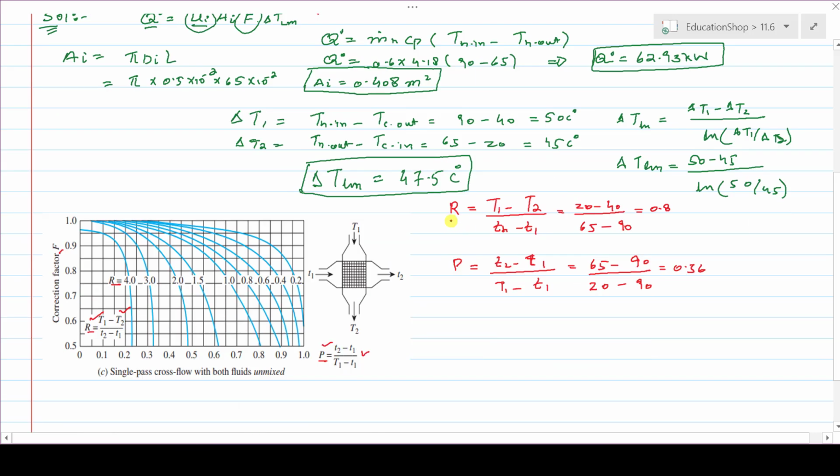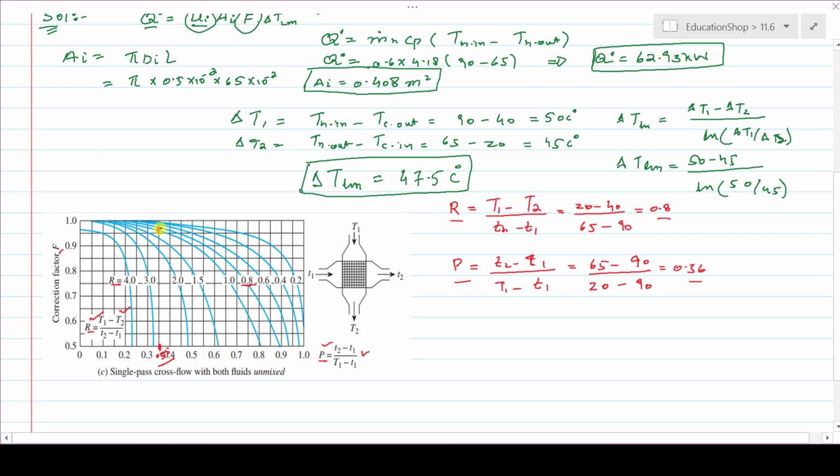With the help of this value of R and P, we can easily determine the correction factor from this graph. If you see here, the value of R is 0.8. The curved line which represents 0.8 is this one, and our P value is 0.36. So here it represents 0.35. The mid of 0.3 and 0.4 represents 0.35. If you follow this line in the graph,